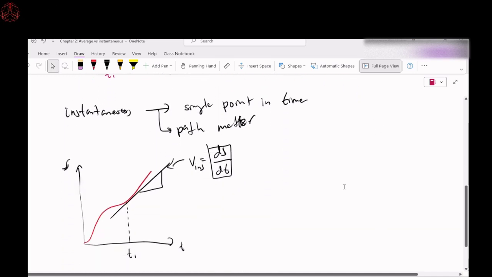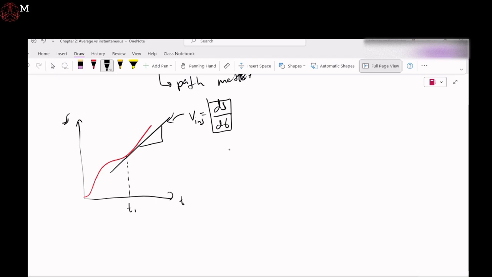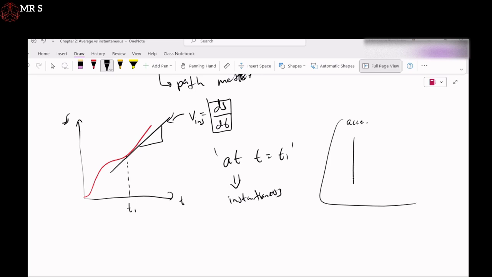But if they're asking for the velocity at, so the word here is at t equals t1, then you have to use the instantaneous case. Okay, and this goes for acceleration as well. It's just that for acceleration, you might have a VT graph instead. So note here, for acceleration, you will have a VT graph instead, because the gradient of a VT graph is acceleration,